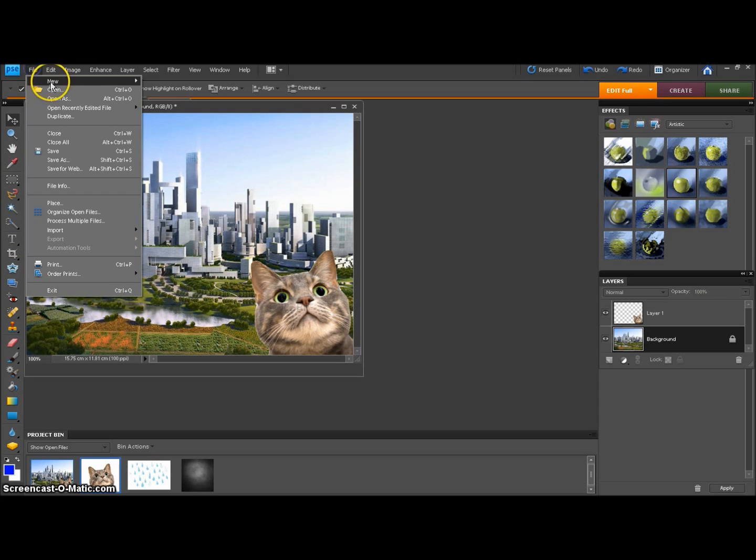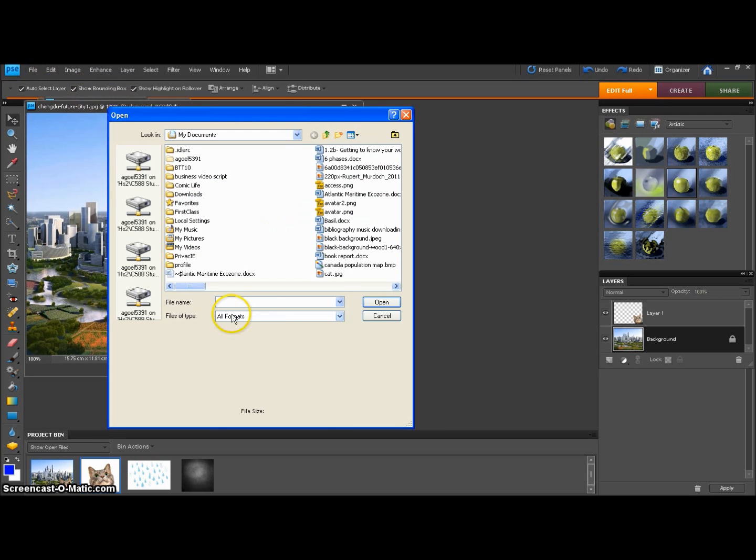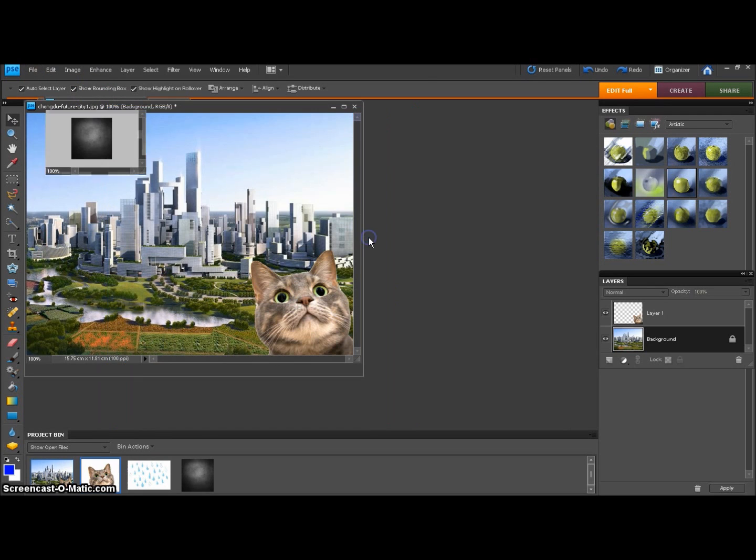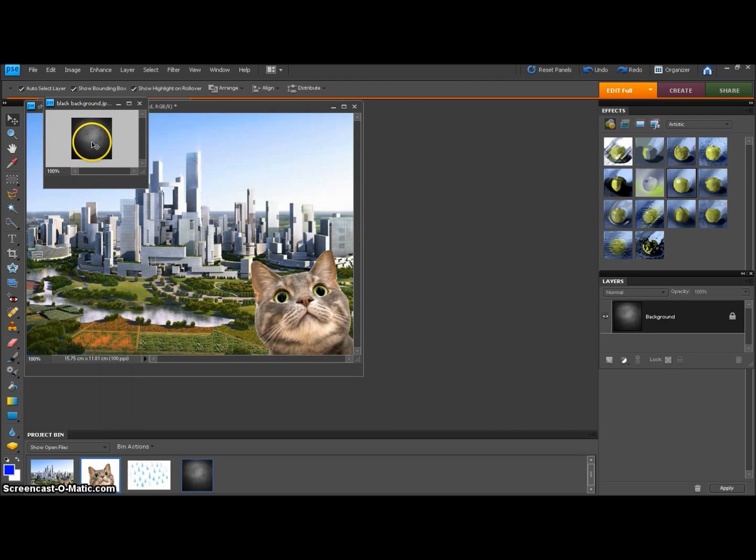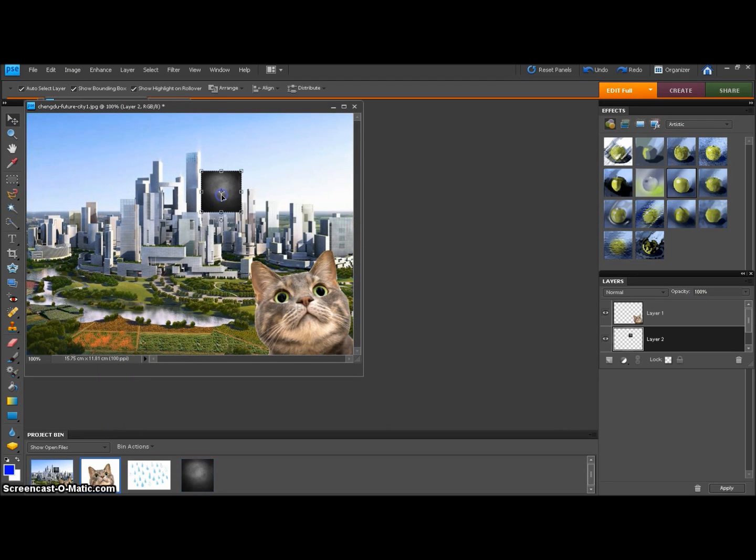So go to File, Open, and go to the black background here. Now, like you did with the cat, drag this here for it to end up on this picture. Now you can enlarge it. Oh, and make sure you confirm after you've moved your picture. Now let's start with the cookie cutter tool. Here, if you right click,